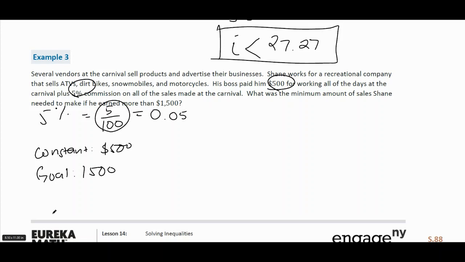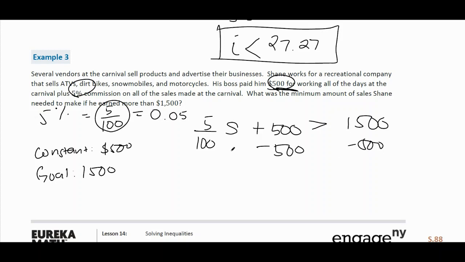So what we're going to do is to find how much is the profit of the owner. So we're going to use, of course, the 5 over 100, wherein that is the 5% of the commission of sales. I'm going to represent it as the variable S, plus, of course, the 500, which is the amount that was paid to him, is going to be greater than 1500. All right. So now we remove the 500 because it doesn't belong there. Okay. We cancel that. So 5 over 100 S is greater than